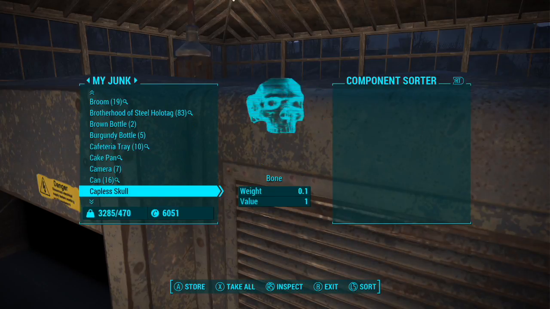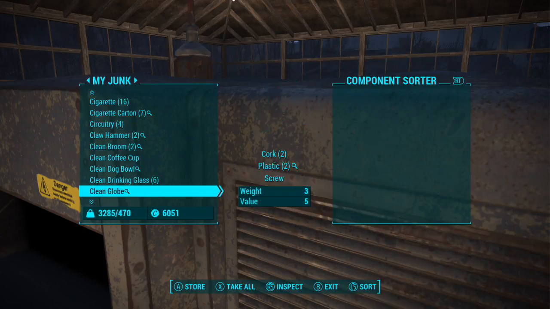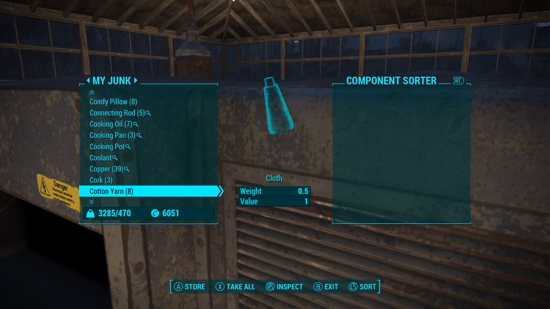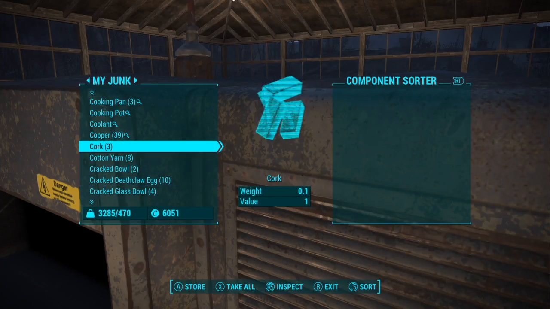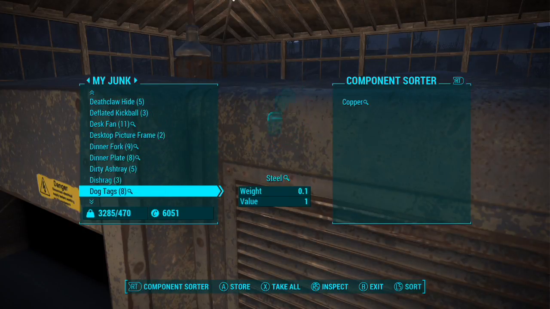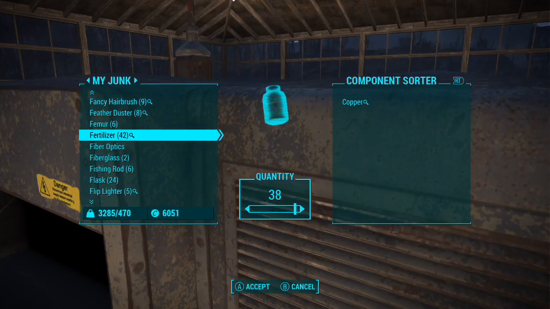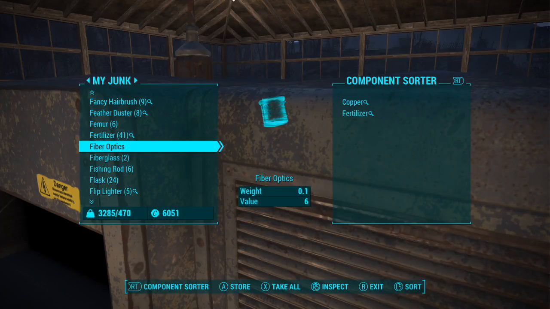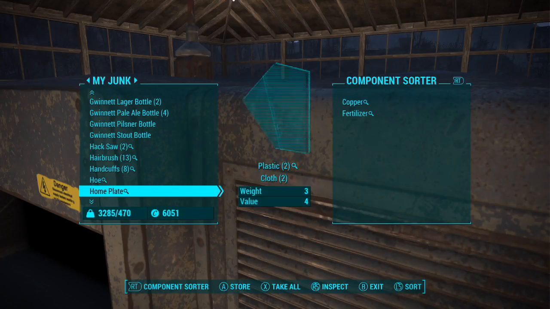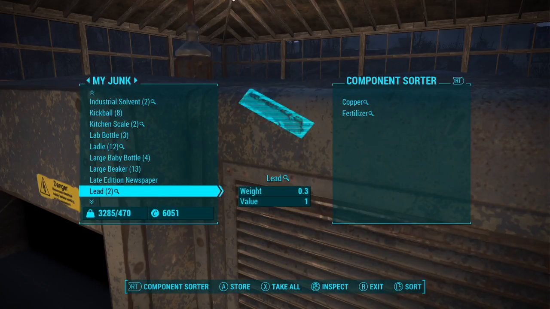So, what you want in here is everything. I'm doing this for ammunition. You can do this for whatever kind of builder you're using. But you want to have the junk types in here that you need for ingredients. So I'm actually going to keep, there's only 5 or 6 ammunition ingredients: copper, fertilizer, oil, lead, steel, and plastic, I think. I might be forgetting one, but